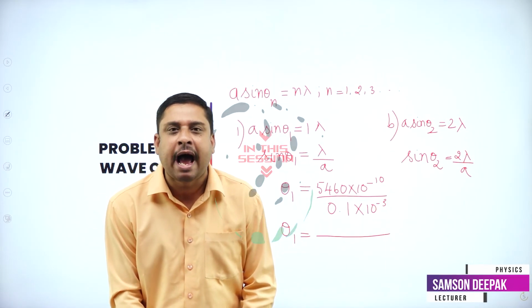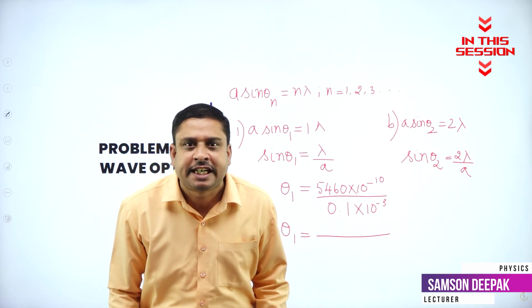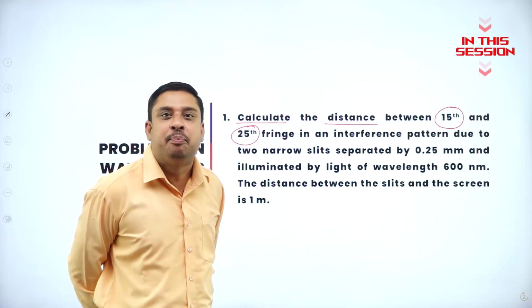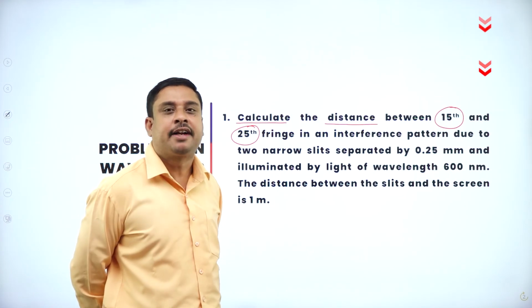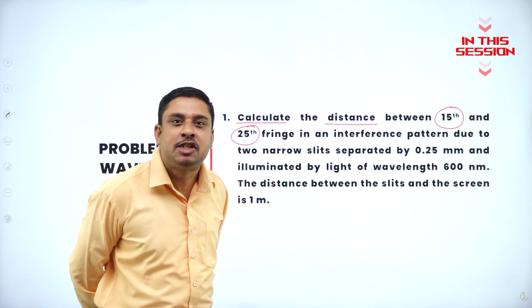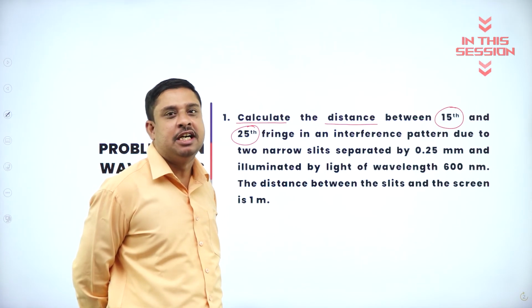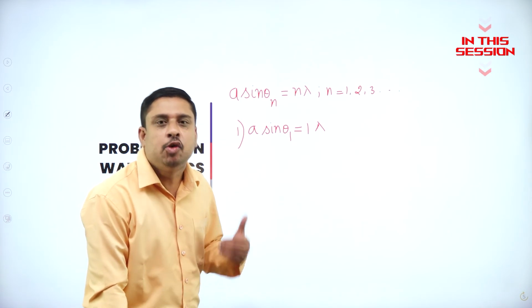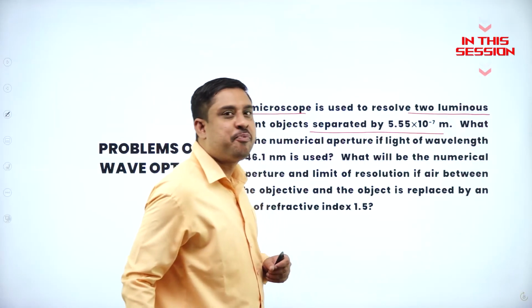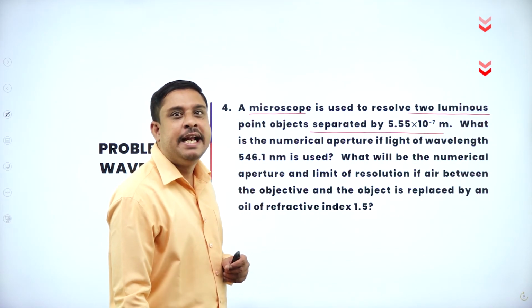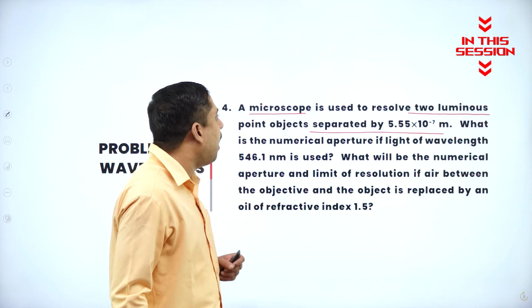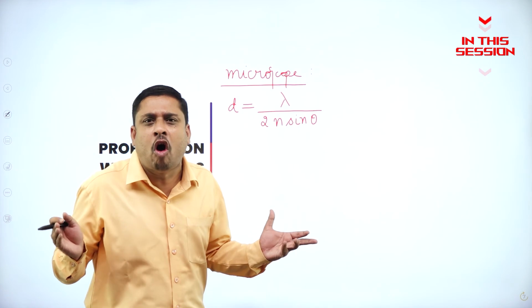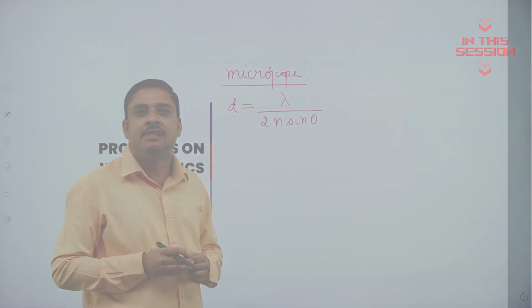So wherever you have Fraunhofer diffraction through a single slit, whether bright or dark, we will consider it to be bright fringes, because n is 1, first angular position, 5.55 into 10 power minus 7 meter, and they have not mentioned any medium like oil or something, which means